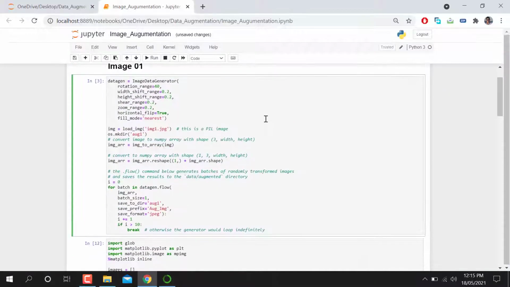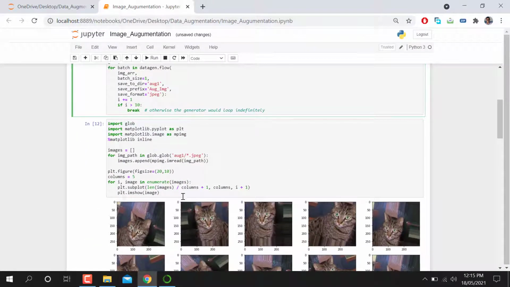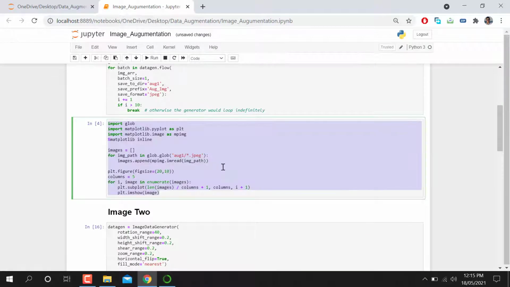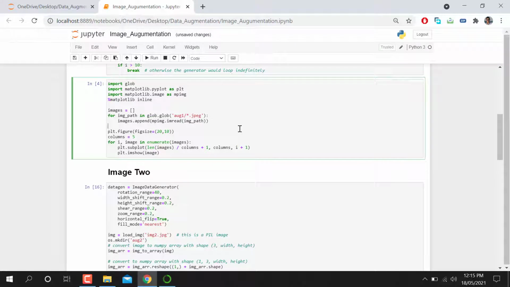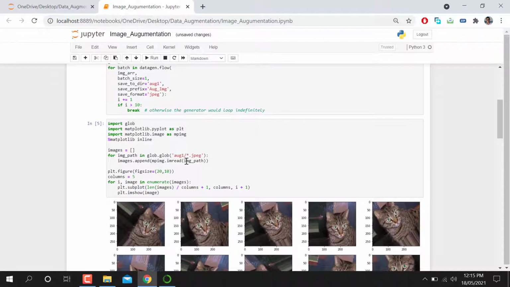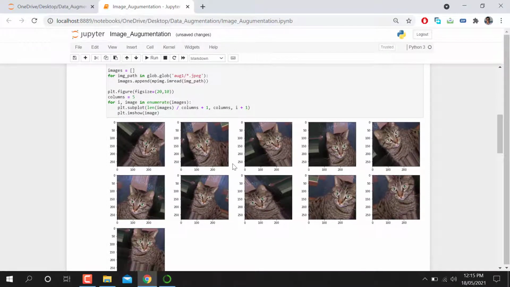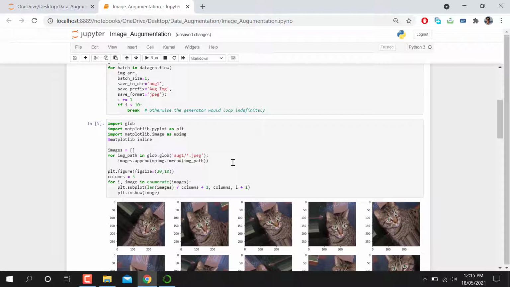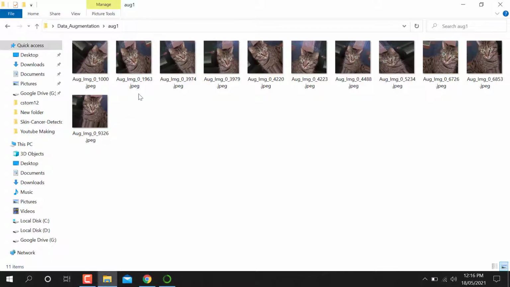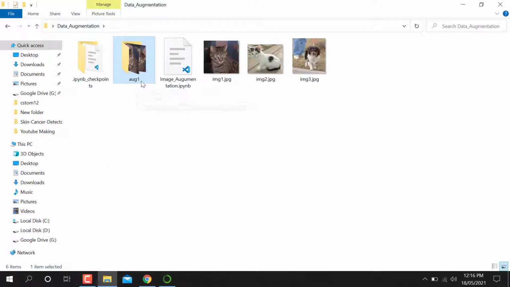After generating this, I'm running this cell. First of all, let me remove the previous data. When I run this cell, it will automatically pick all the images from my folder and show them here. You can see it's picking all the images from that particular folder by using glob.glob, and plotting those images as numpy arrays using matplotlib. These are the images coming from the folder which was recently created by data augmentation.